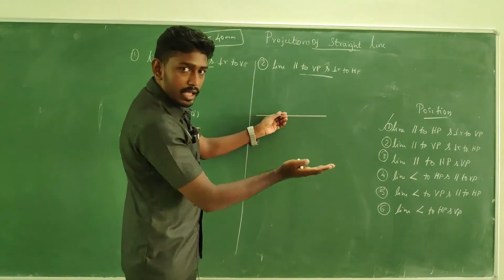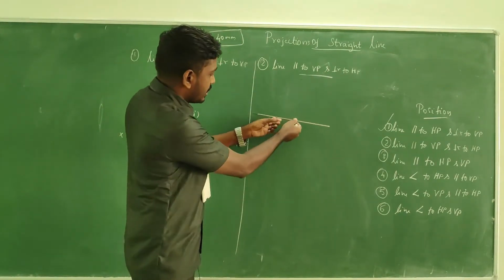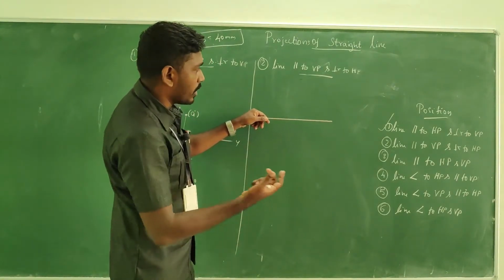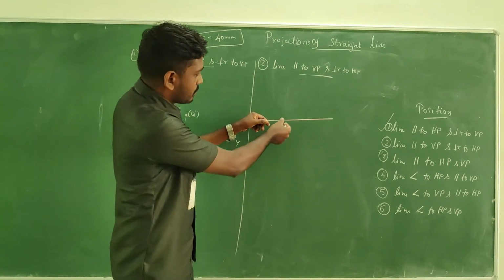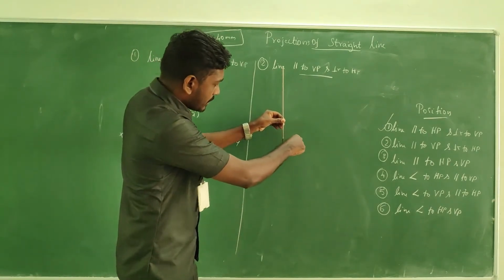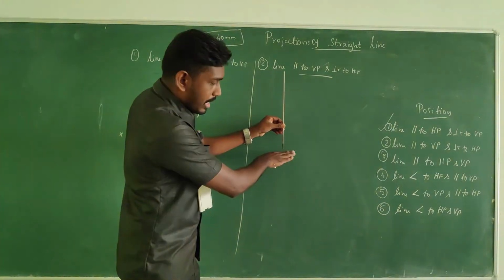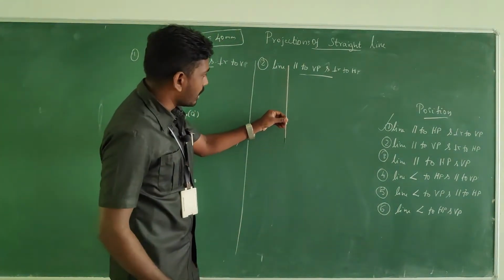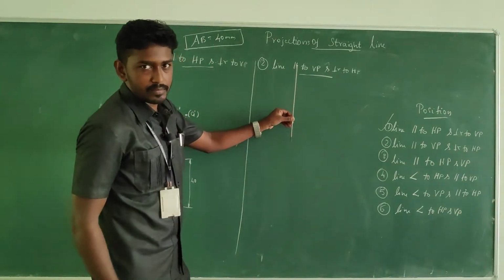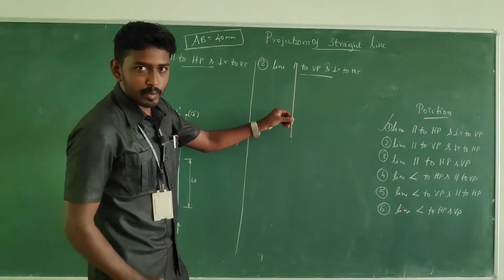See, this is a horizontal plane. Whether it is making perpendicular? No, it's horizontal, right? So what is the possible position? If you keep something like this, it is making 90 degrees perpendicular to the horizontal plane, as well as it is making parallel with what? VP, right? So this is the exact position.